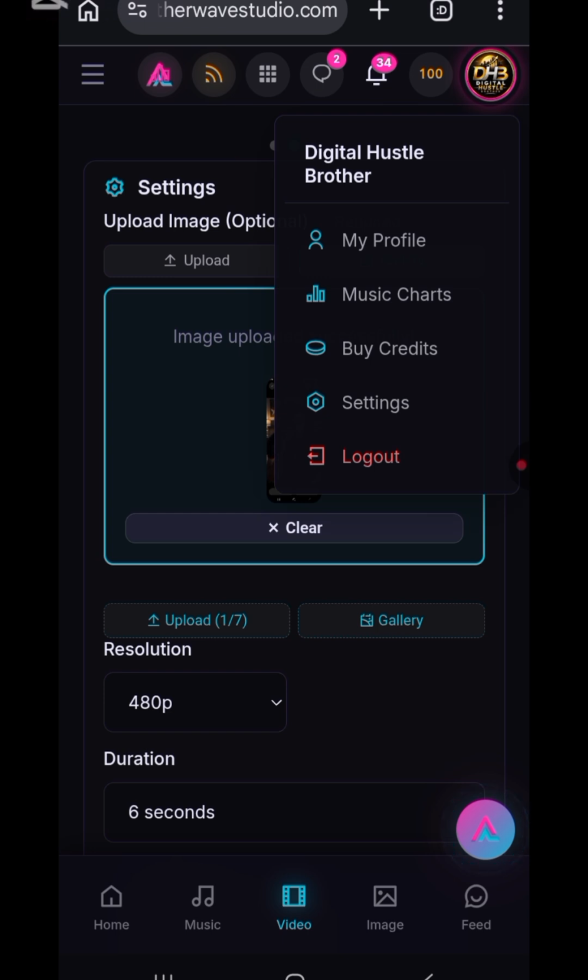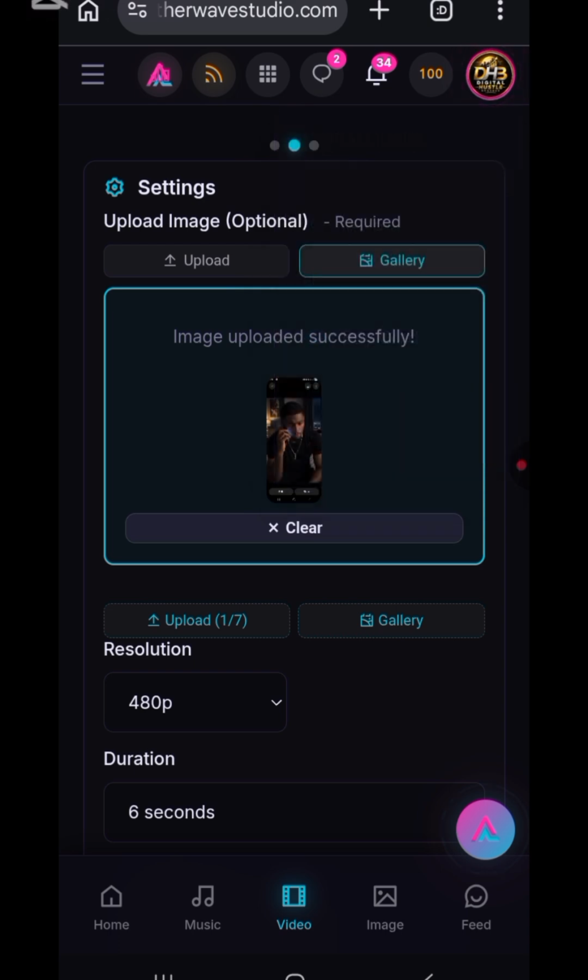You see where it's written log out? You log out, and then you log in with another email address, then you get more credits. So you can create as many as you want and get the job done.